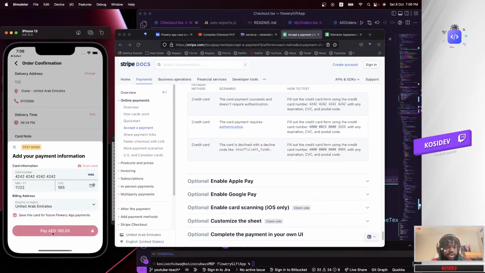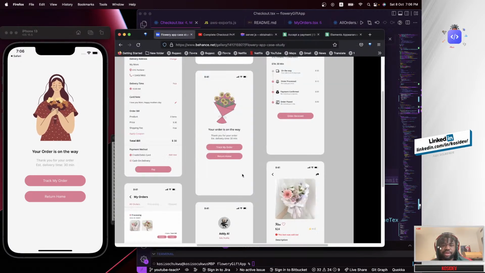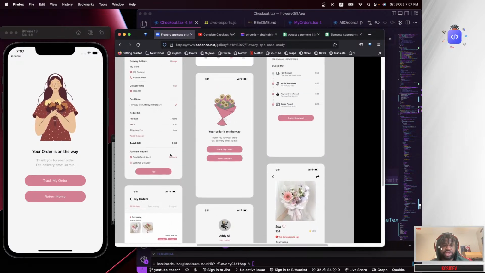Tap on that, and there we go. You can see the user is being taken to the order success page. The user sees "Your order is on the way, thank you for your order, estimated delivery time is 30 minutes, track your order or return to home." In this case, when the user taps on track your order, we want to take them to this orders page. So let's fix this.